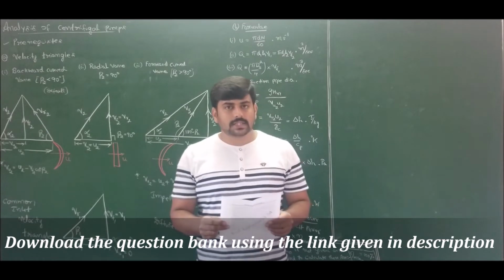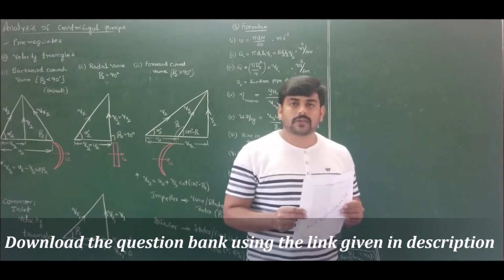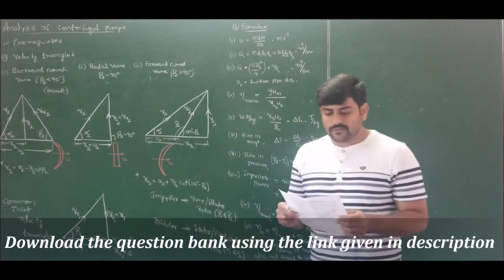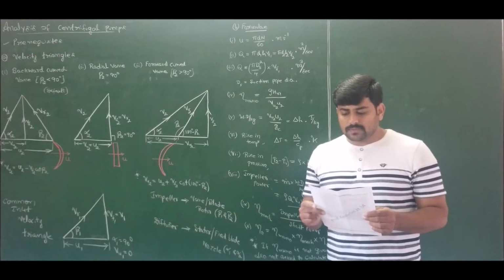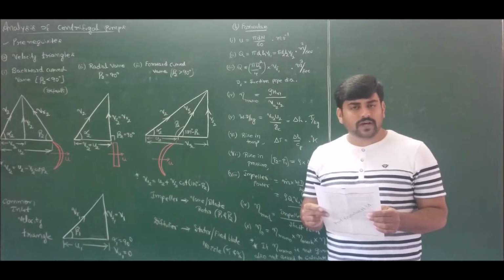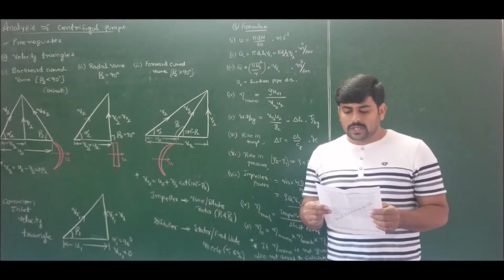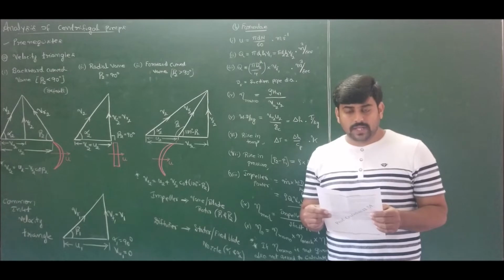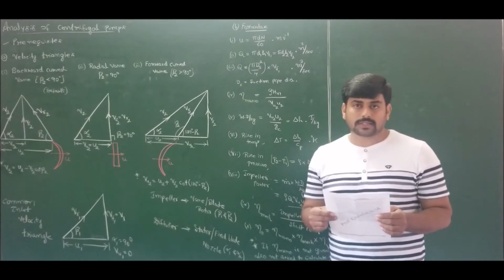So continuing our discussion, problem number 2 of our discussion on general analysis of centrifugal pumps states that a centrifugal pump is designed to run at 1450 rpm with a maximum discharge of 1800 litre per minute against a total head of 20 meters. The suction and delivery pipes are designed such that they are equal in size of 100 millimeters. If the inner and outer diameters of the impeller are 12 cm and 24 cm respectively, determine the blade angles for radial entry, neglect losses.